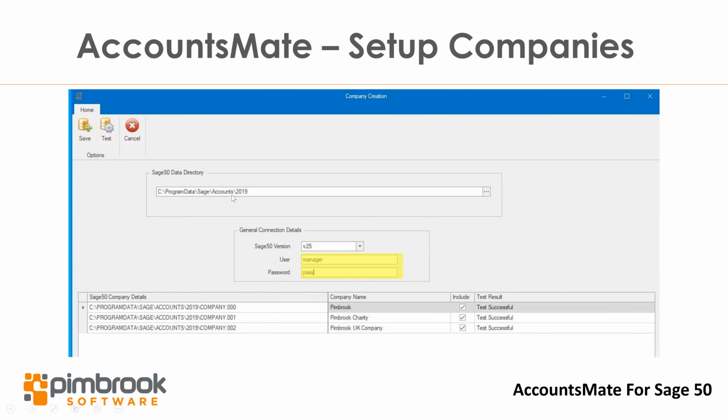It has pulled in all the information that I can see from the PC as to where Sage 50 is, what version of Sage 50, and the company files that it has. It won't have this filled in just yet, so it won't know what the companies are, and obviously it won't have tested it. What you have to do then is enter your Sage 50 logon. In this case, we're using Manager, which is preferred. So you enter those in, you click the test button up the top,